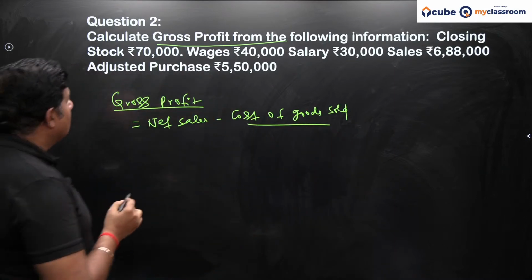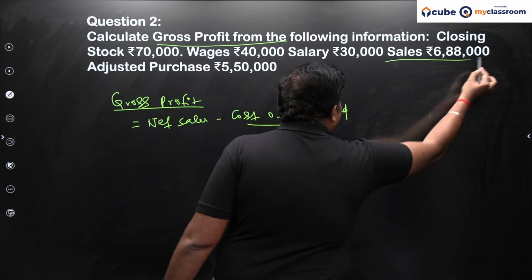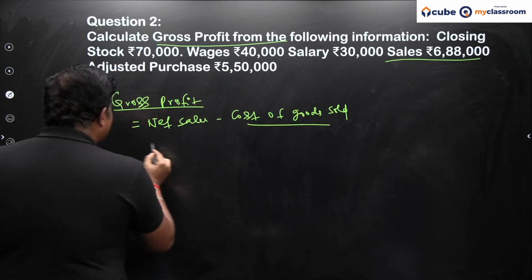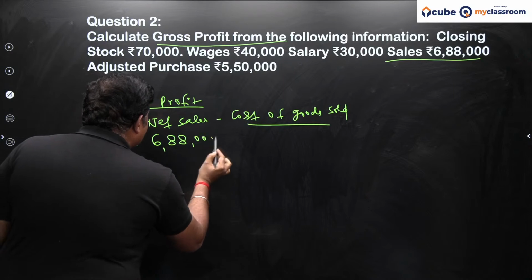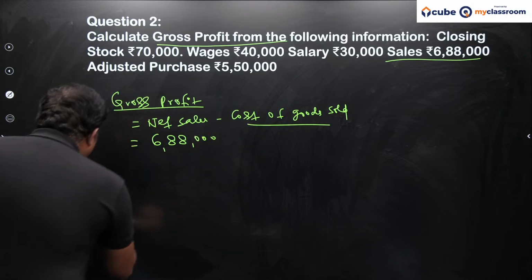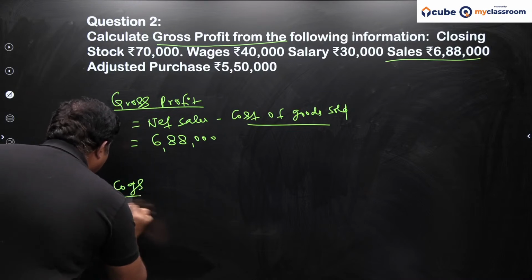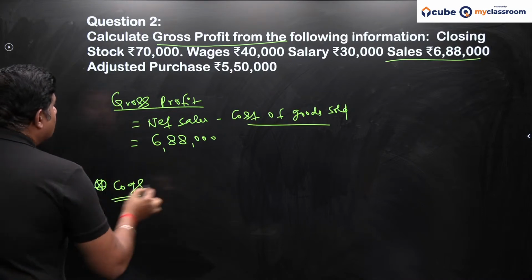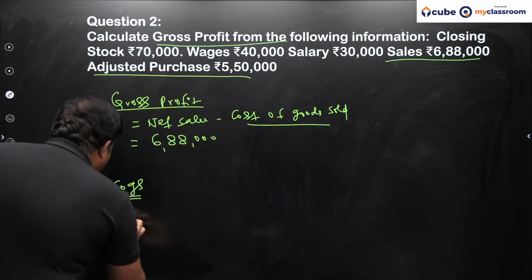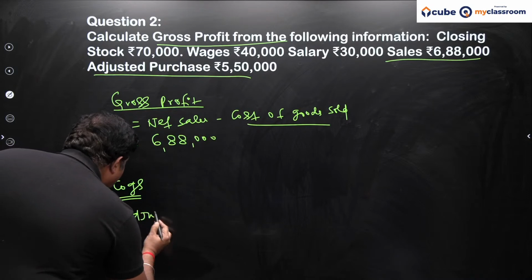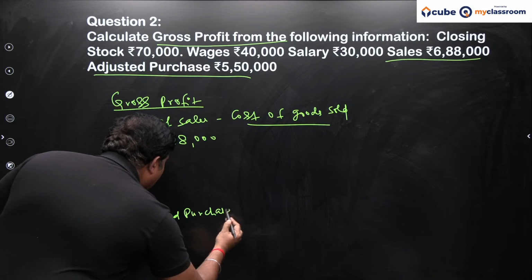So basically sales already हमारे पास given है, sales is already given in the question and sales return नहीं given है, इसका मतलब यही हमारा net sales है। तो 6,88,000 is the net sales. Now the question is cost of goods sold. तो cost of goods sold को calculate करने के लिए, in short I have written COGS. So cost of goods sold को calculate करने के लिए we have adjusted purchases. और जैसे कि मैंने बताया था एडजस्टेड परचेजेस में इफ यू कुड ऐड द डायरेक्ट एक्सपेंसेस सो इट वुड बी इक्वल्स टू योर कॉस्ट ऑफ गुड्स सोल्ड।